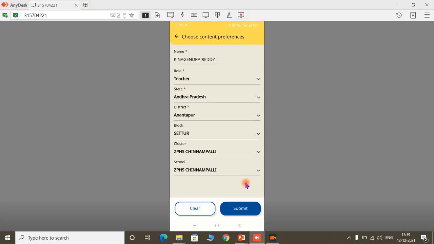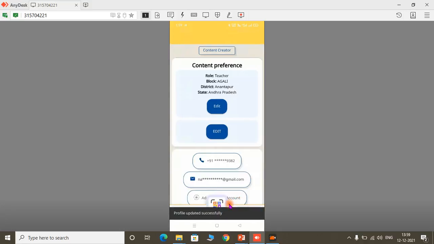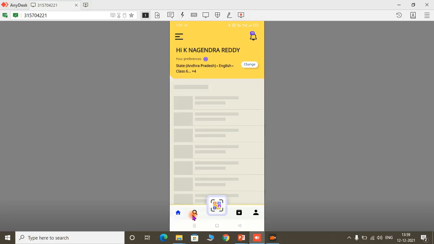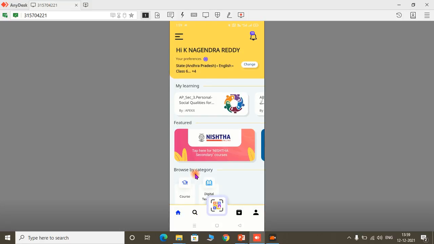So once you check all the details whether they are correct or not, then you can finally click on submit button as we see on the screen, submit. Then it will show profile updated successfully, which means you have just now updated all your details with course administrator, and now you become active in the NISTA courses, and your name will not be repeatedly shown in the Excel sheet as an inactive teacher. So this is one problem.